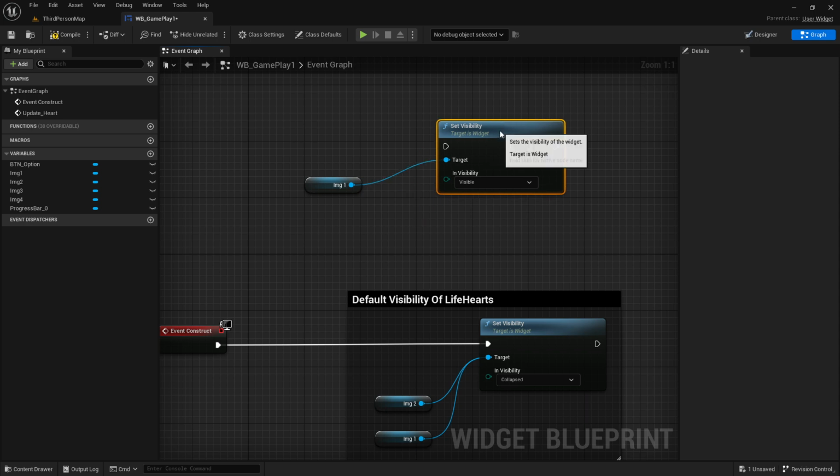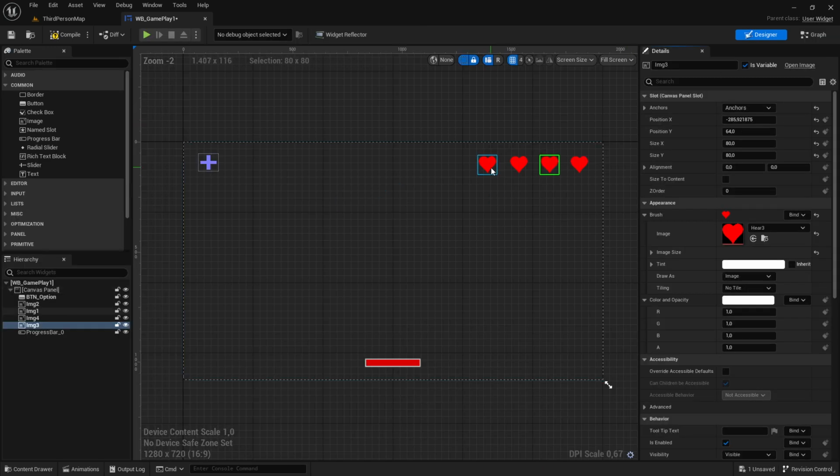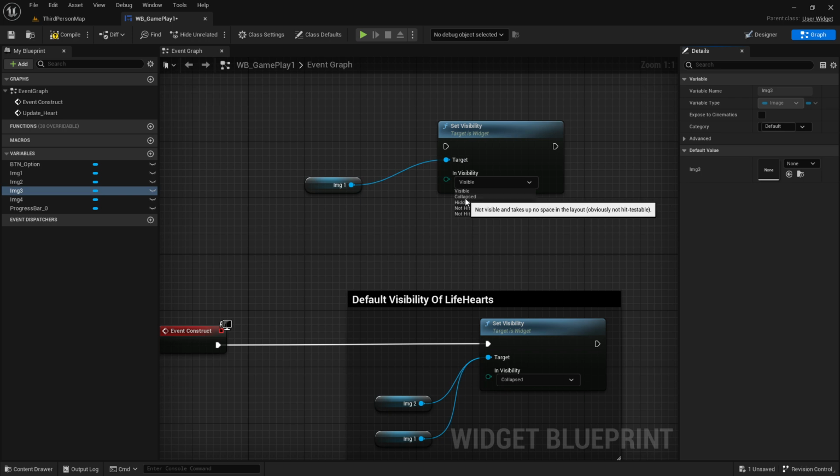You select this one, and here there is a drop down. You can read all the different kinds, but important is the first one sets the visibility, the second one collapse hides it, but here is also a node hidden. This is not so good because if you use this option hidden, it is just hiding the hurt here, but it's still occupying the space. When you have something else there, it will not work. That's why the option collapse here is better,